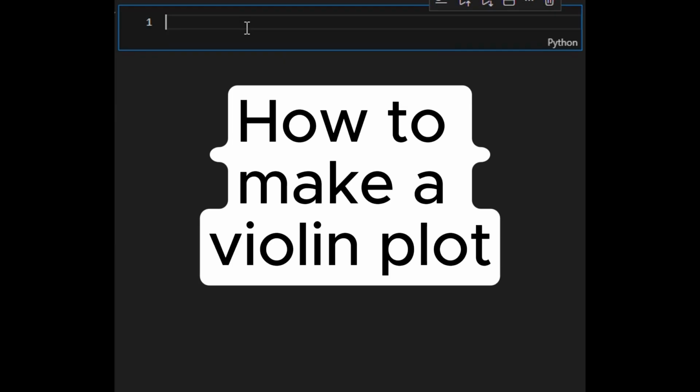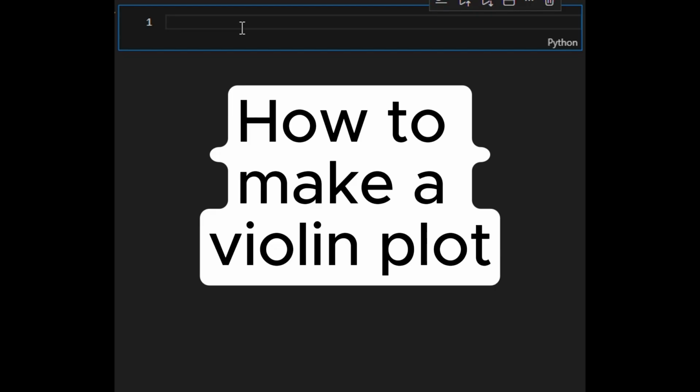If you want to compare how different groups are distributed, for example, temperatures against different countries or different people against their salaries, a violin plot can help you see the spread or density or even all these variations at once. In this video, I'm just going to show you an example of how you can use a violin plot to show